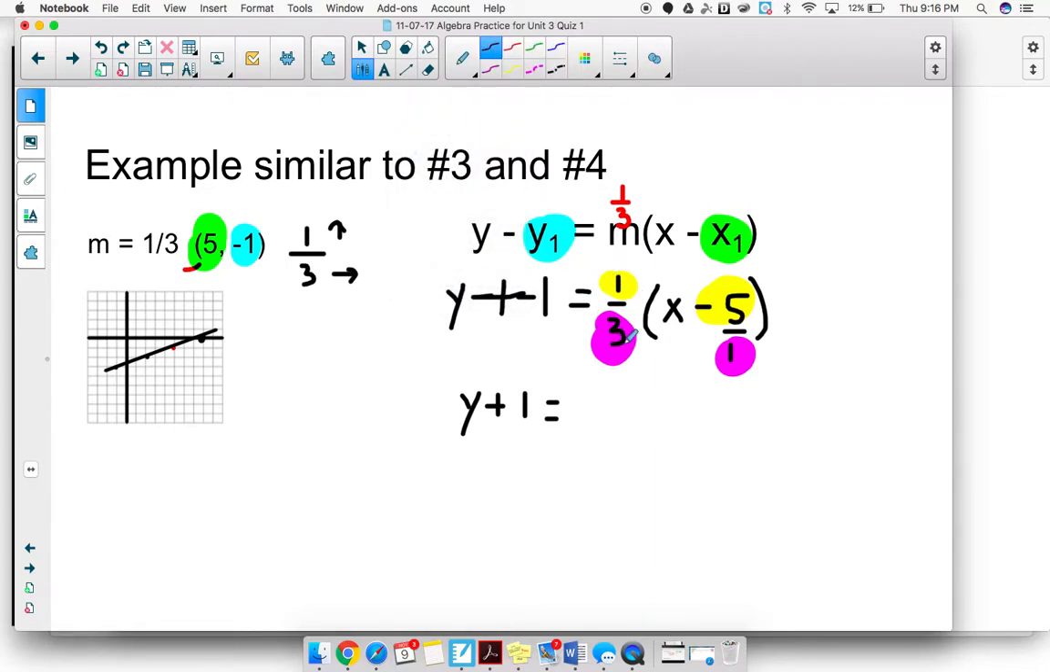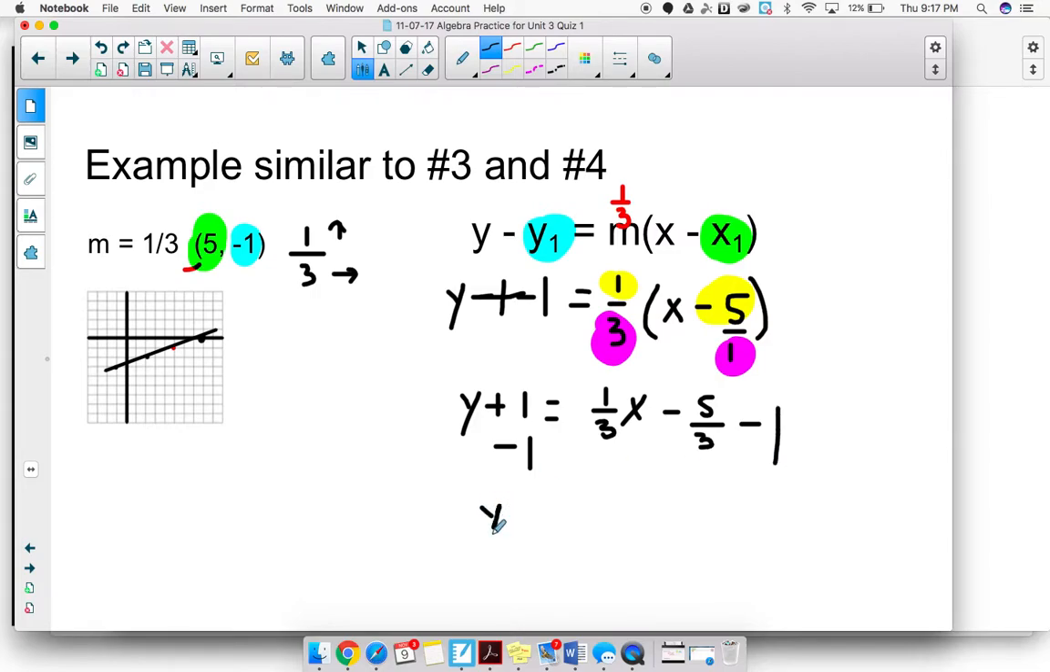So when we distribute 1/3, 1/3 times x is going to be the first term, and our second term will be the numerator times the numerator. I know a positive times a negative is a negative. 1 times 5 is 5. 3 times 1 is 3. And then if we subtract 1 on both sides,